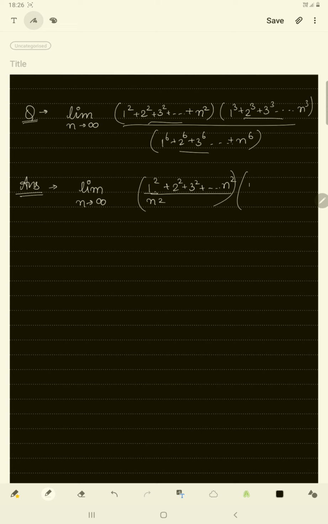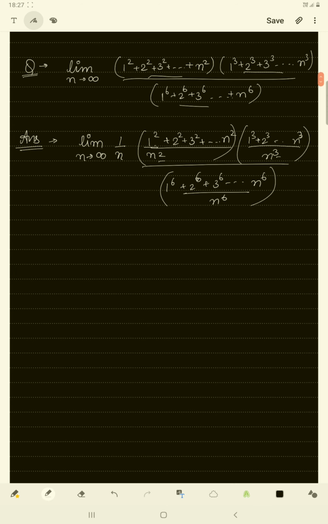Similarly, I'm going to divide by n cube over here, plus 2 cube till n cube upon n cube. Next, I'm going to divide this series also by n to the power 6, plus n to the power 6 upon n to the power 6. Now if you calculate the number of n that we have divided, it should be equal, because we need to cancel all the n so that no extra term is multiplied or divided by us. So we have a 2 and a 3, which makes 5 in the numerator, and we have a 6 in the denominator. So we actually need another 1 by n so that no extra term is involved.